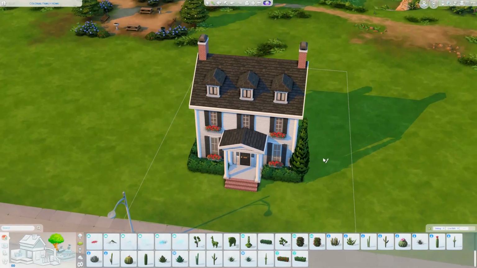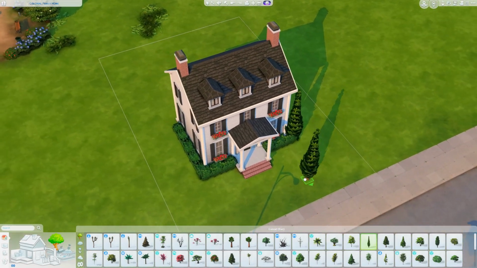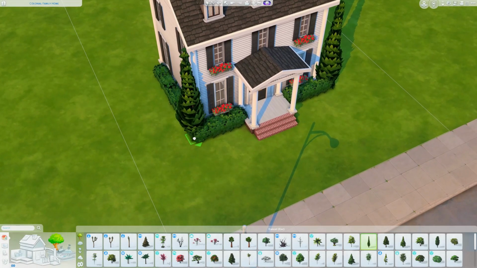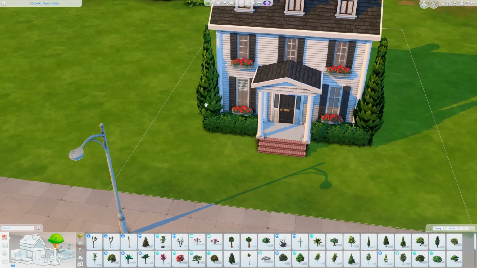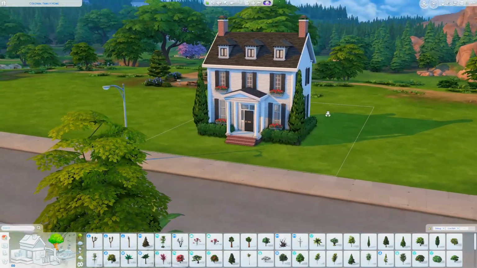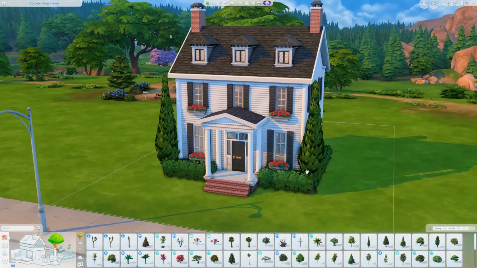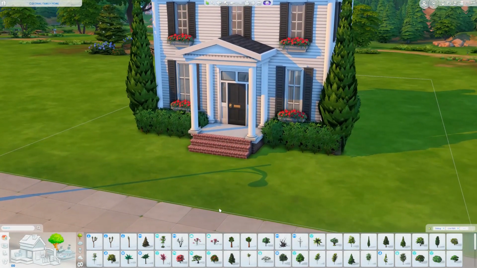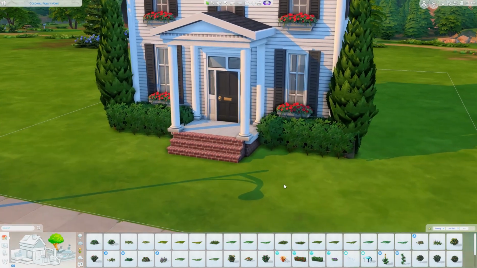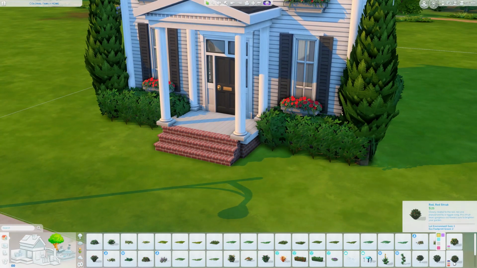And since I want this to be very manicured, I might even try to balance things out on each side of the house. So I might take another one of these trees, get it really close to the edge, maybe not that close, and do that. Looks very, very regal to me. It looks very nice. But so I've got a shrub, I've got a tree, and maybe now I want to grab a flower. And therefore, I am going to choose...